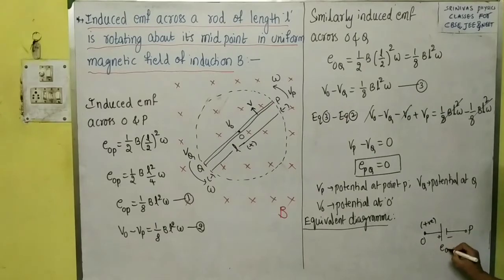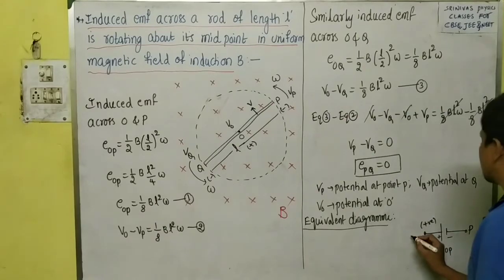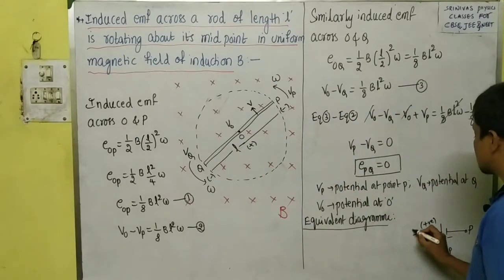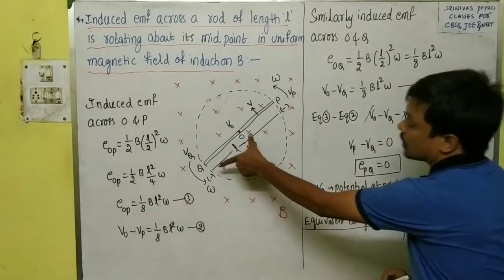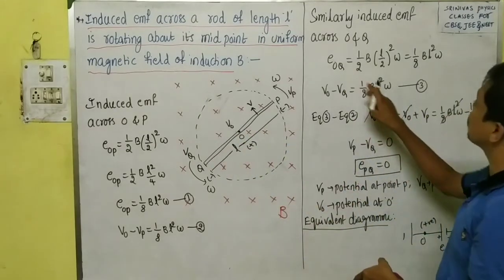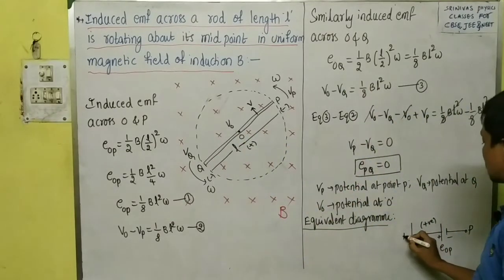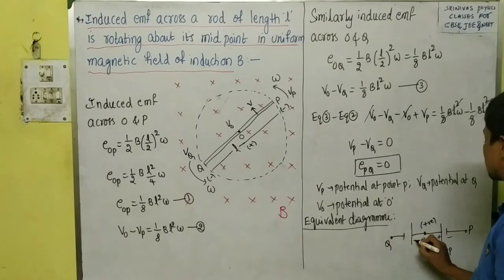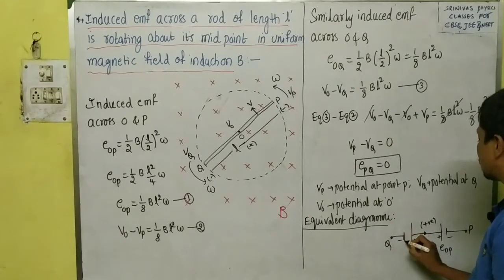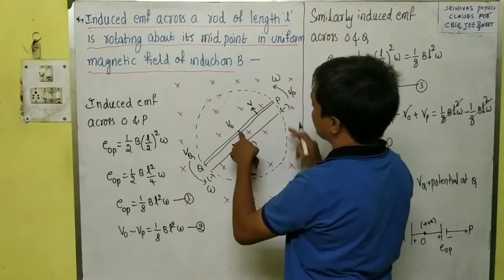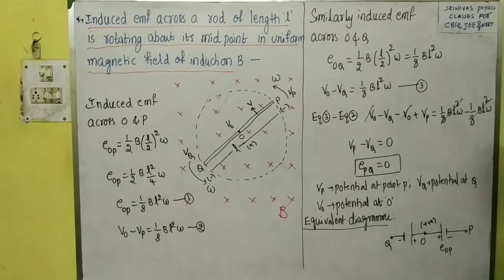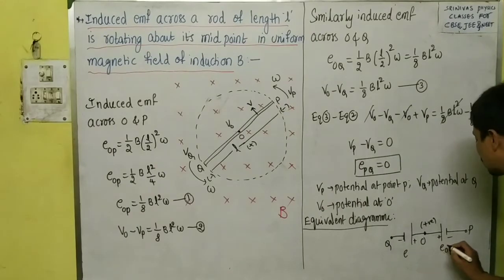Across that, EMF is EOP, we know already. This other part also acts as a cell, across which the induced EMF is EMF across OQ, equal to 1 by 8 Bl square omega. This point we can consider as Q, and O will act as positive and Q will act as negative. You know that already: the center point is high potential, the other low potential. Now there are two cells here, one is EOP and the other is EOQ, both having